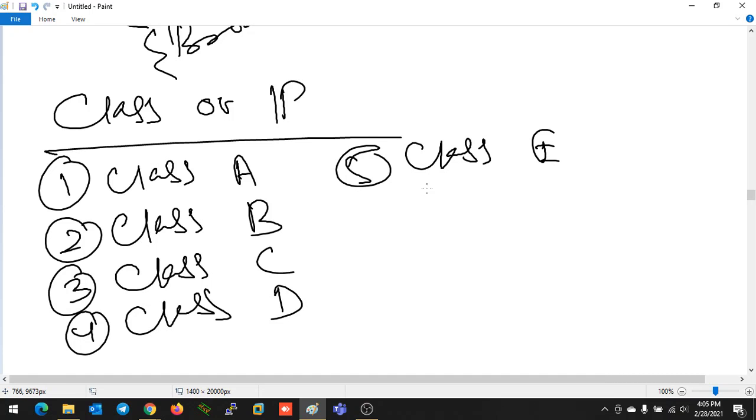Out of the 5 classes, for general purpose or general unicast communication, class A, class B, and C are there. General use means what? If you are going to make a network for your company, or for your home, or you are going to assign an IP address for your device, you have to use an IP address from these 3 classes. So they defined class A, class B, and class C for unicast communication. Class D will be for multicast communication, and class E will be for research and development.